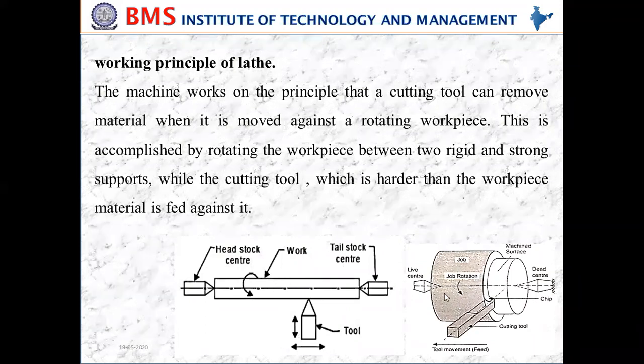So if you look at this 3D of this particular job, this is the one which your cutting tool is removing. See, it is removing the excess material. So actually this is a diameter of this much, and it is a reduced diameter because we have removed the material by using this cutting tool. As the job rotates like this, the tool is moved in a longitudinal as well as transverse direction. Transverse direction is for giving the depth of cut, and longitudinal direction is for feed, so that it can be moved and remove the surface of the material. So this is the working principle of lathe.